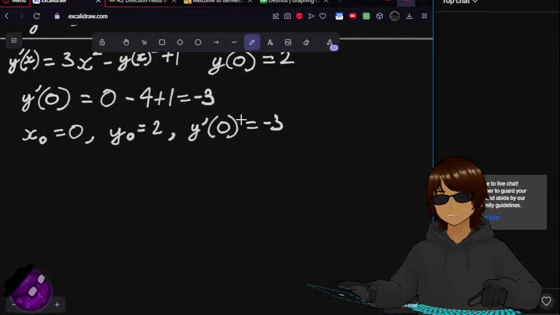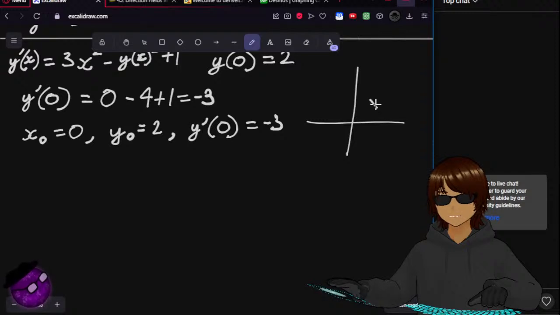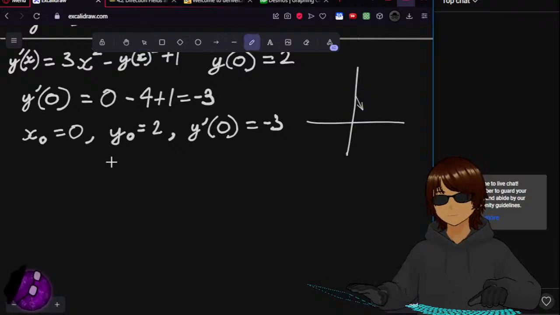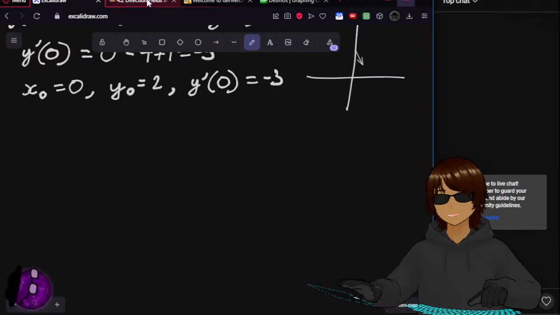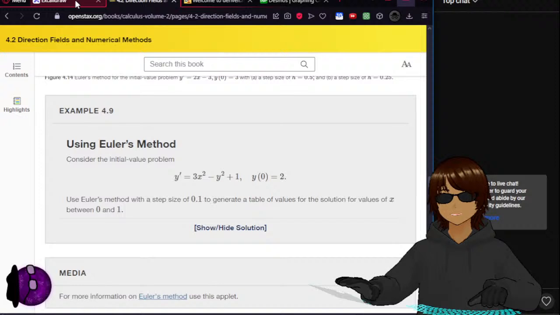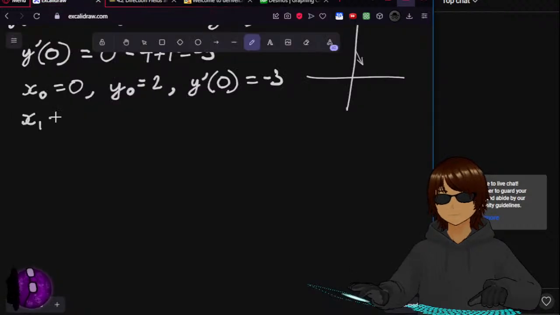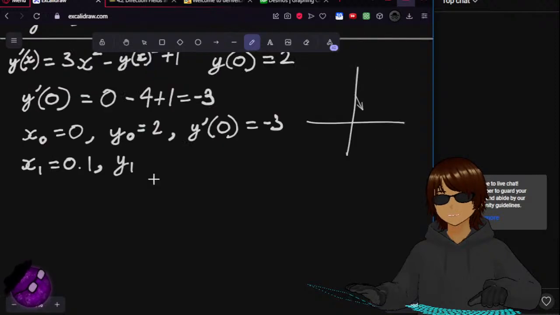So (0, 2), and this is the gradient. (0, 2), and the gradient is here, -3. Now h is what? 0.1. So the next one, y1 is equal to 2 plus